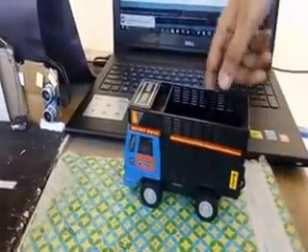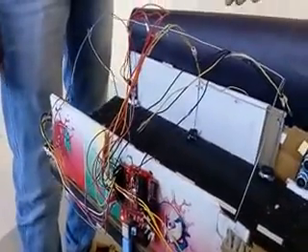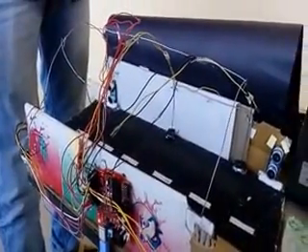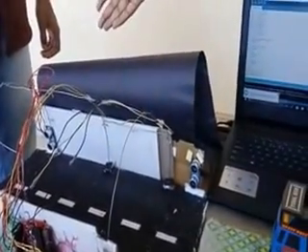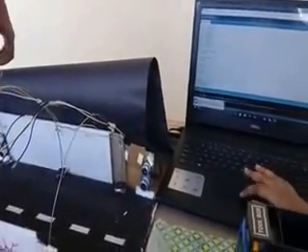And this is our vehicle. As we already told you, we are using 4 sensors here. These 2 sensors are connected at the entrance of the tunnel and these 2 sensors are connected at the exit of the tunnel. These 2 sensors will detect the vehicle and the count keeps increasing, and after the vehicle exits the tunnel, these 2 sensors will decrease the count.